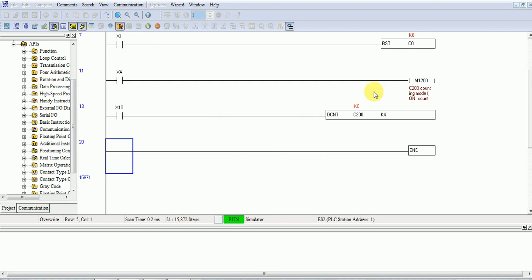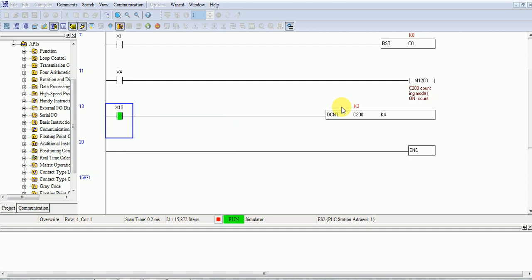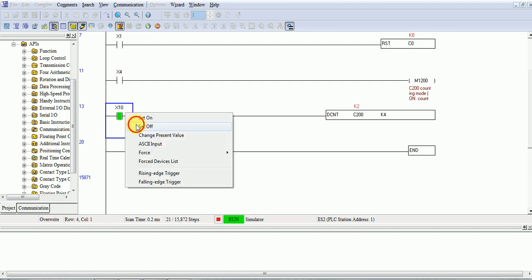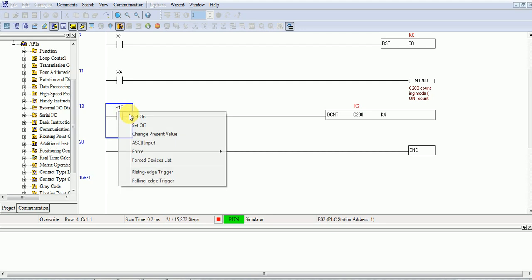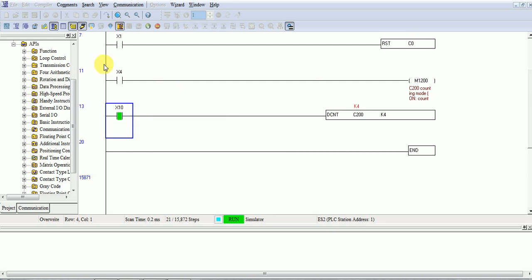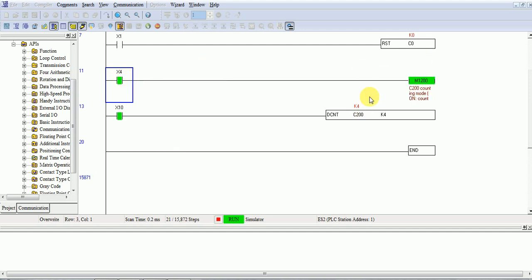Now you will see that this bit is off and this counter will behave as count up. You can see it is counting upward. Now I will set it by turning on this input. Now this is set, and the counter will behave as count down.